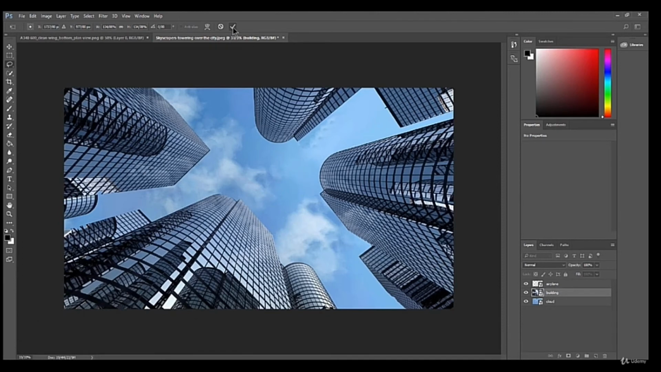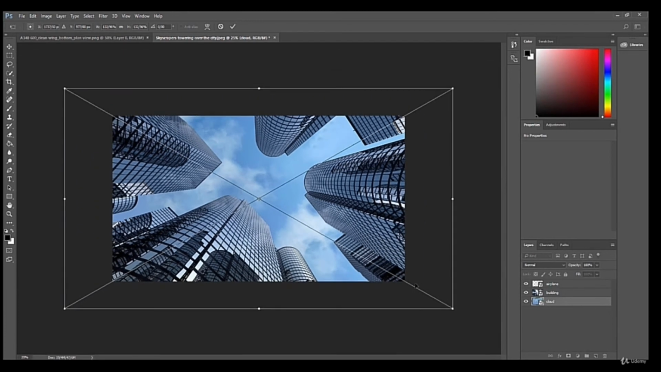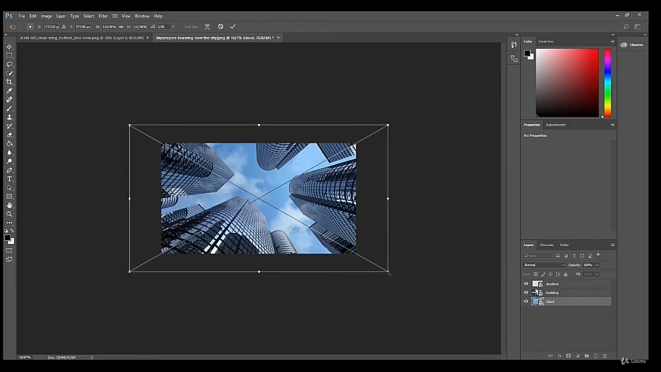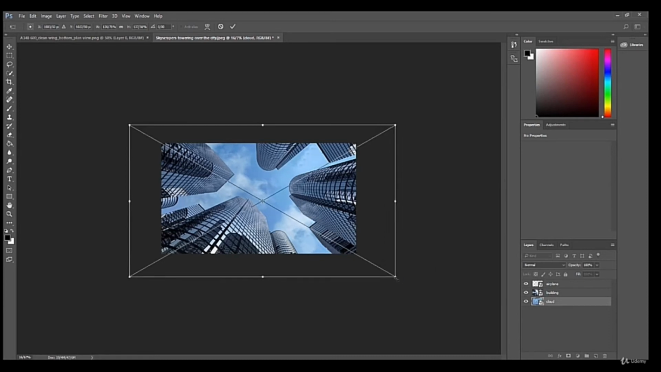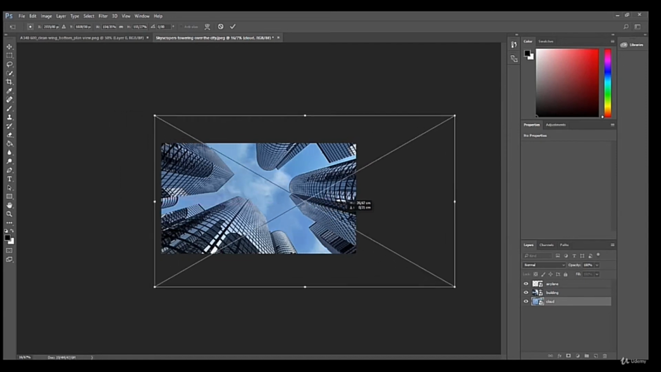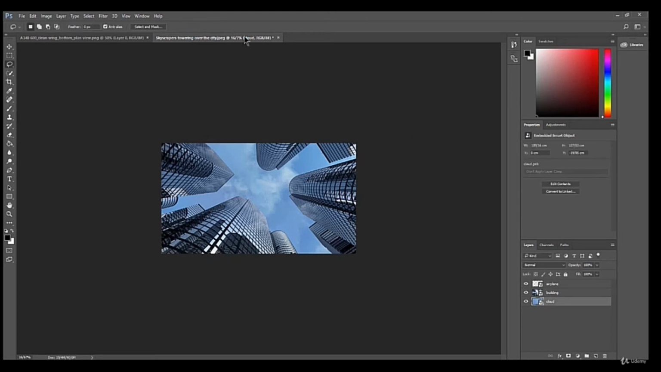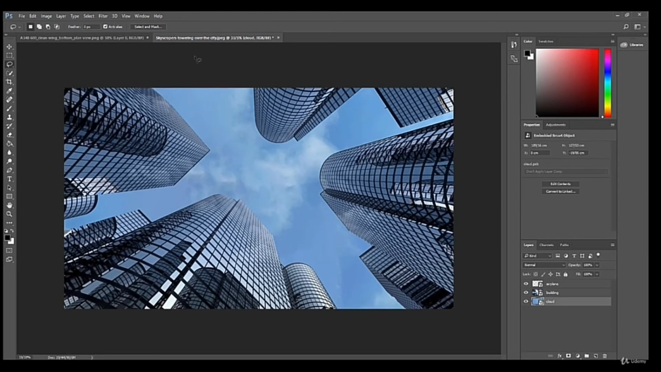Press OK and cloud, Ctrl T to resize it. And Shift Alt. And move it to the right. So press OK and ready to make